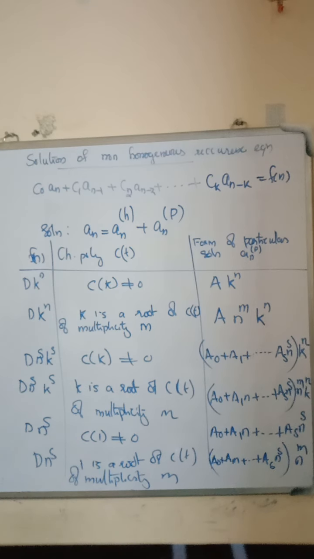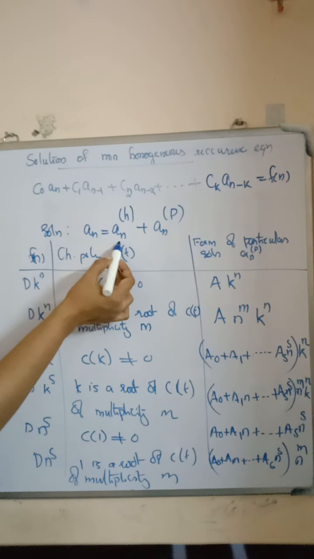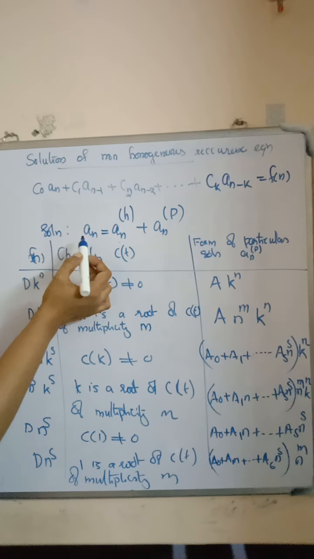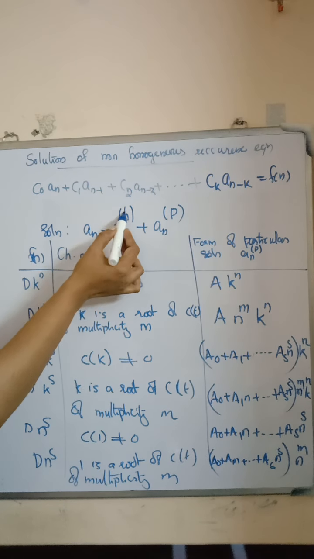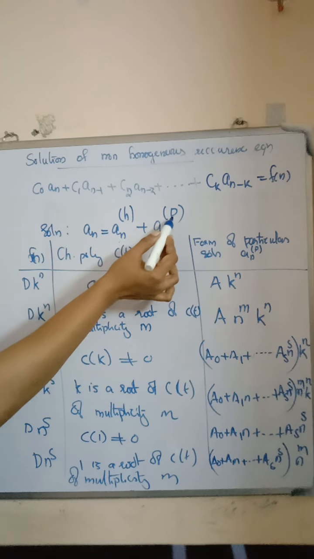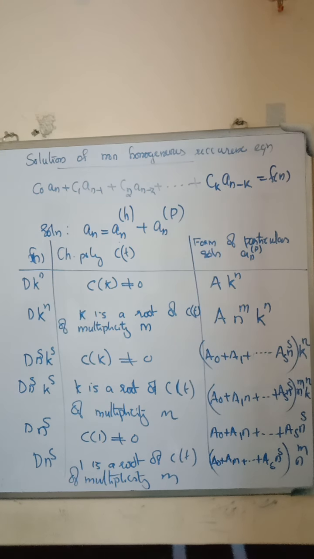The solution of a non-homogeneous equation is the solution of the homogeneous part plus the particular integral, that is an is equal to the homogeneous solution an plus the particular integral an. Okay, particular solution an. This table helps to assume particular solutions in which the constants are to be found.